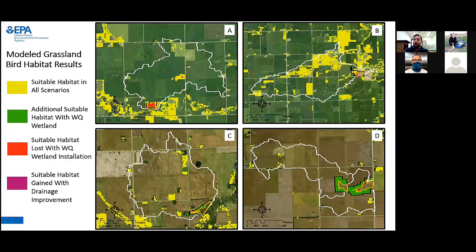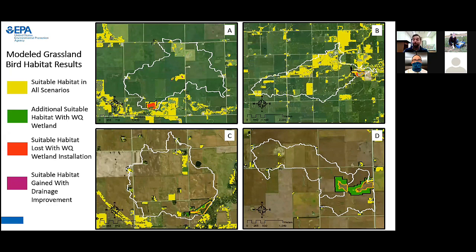For grassland bird habitat, here are those same 4 model catchments shown earlier with model results for grassland birds. As you can see, drainage improvements had only minimal effects on grassland bird habitat in these catchments. And adding a water quality wetland in these catchments resulted in gains in grassland habitat as shown by the green pixels. Note that habitat gains are only in the surrounding conservation easement, as wetlands do not provide grassland bird habitat